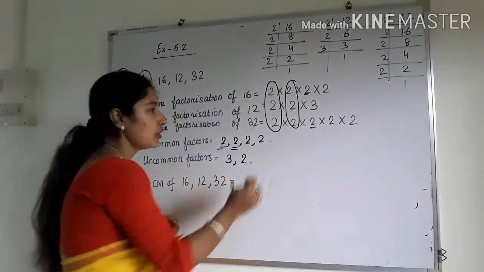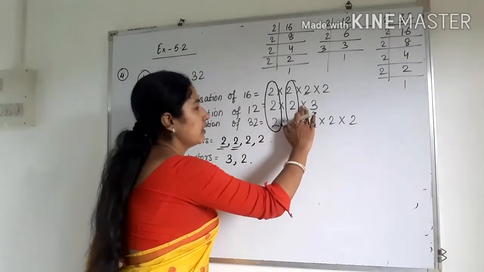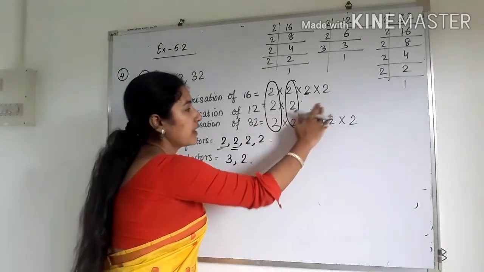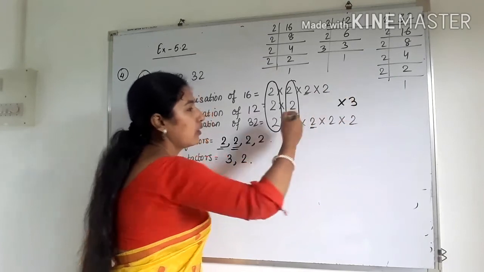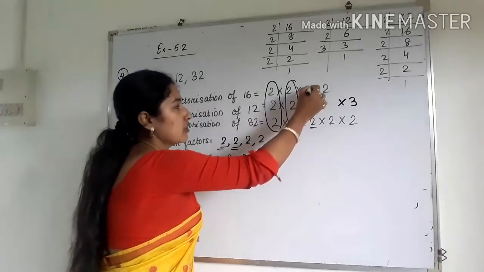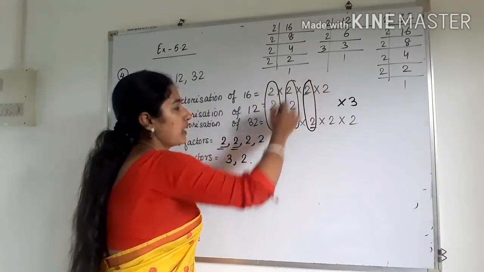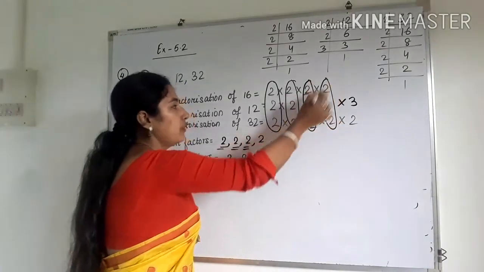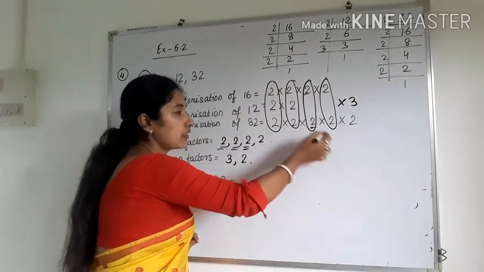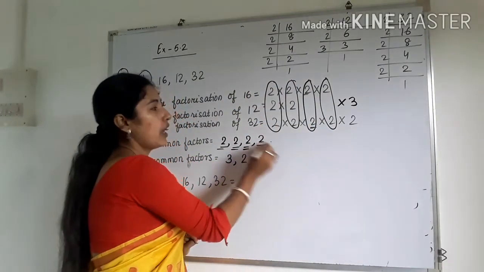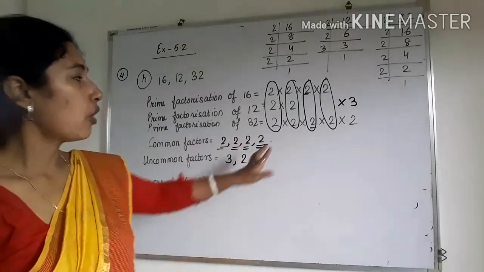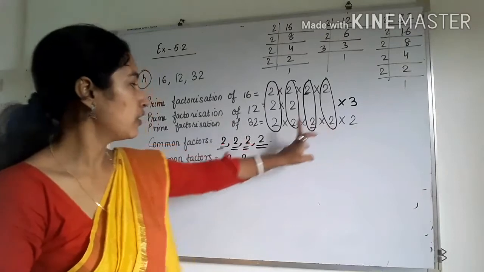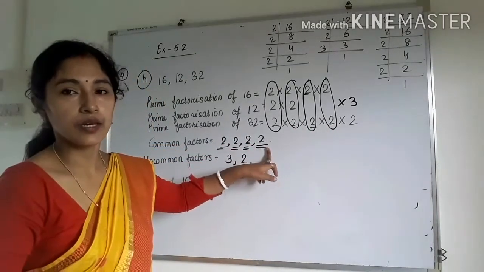Okay. So how to write this one? See here you can check that 3 is not common, okay. So we can write 3 like this also. I have separated it, okay. So now see, 2 is common, so I am writing 2. For this 2, again another 2 is also common between the factors of 16 and 32. So again for that we have to write another 2. So by that way, how many common number of 2's are there? 1 2 3 4, okay. So 4 common factors are there.